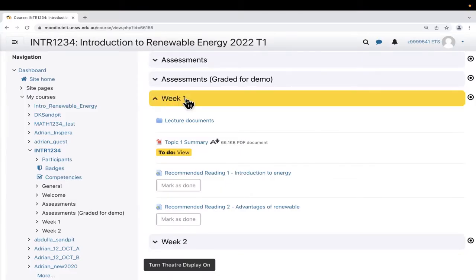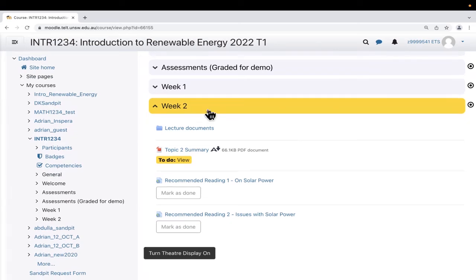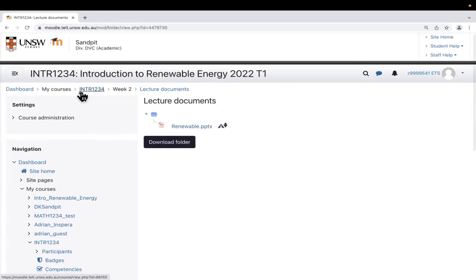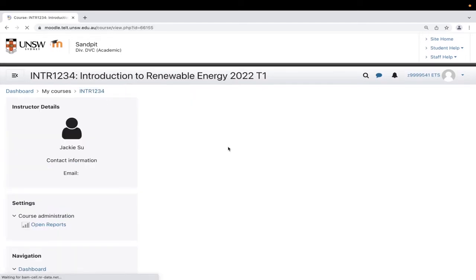So if we go into let's say week 2 this time, how about? If we go into week 2, we're going to see some content in our course. So these are some very common things you'll find. So you'll find things such as folders over here. And the way a folder works is quite similar to how a folder works in your computer. So if you click on it, what happens is you're just going to get some content, maybe PowerPoints or PDF documents, and you can just click on them to download, or you can click on the download folder button to download everything. So really, if you see a folder in your course, it's usually a way to just send your files to see and download, of course. Perfect. Why don't we go back into our course?